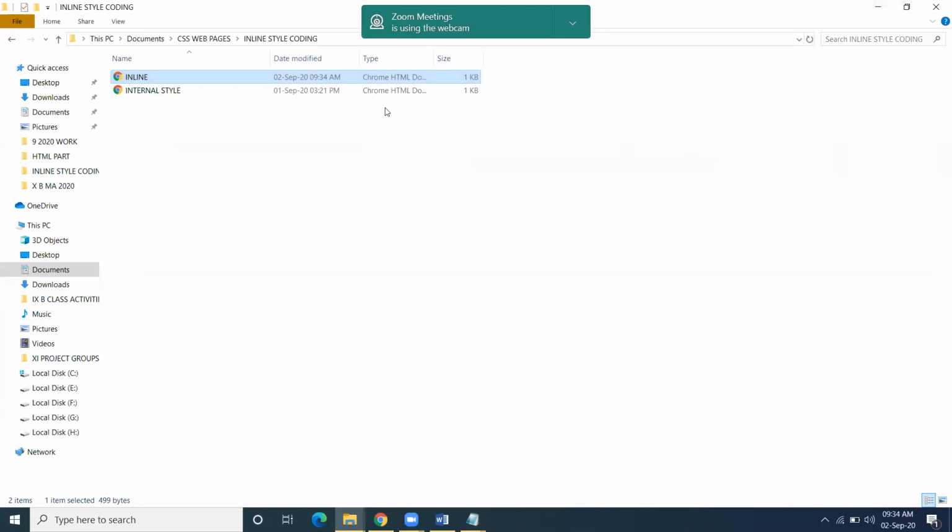Beta, is the page visible now? Garv, Yashika? Devanshi, is the page visible?